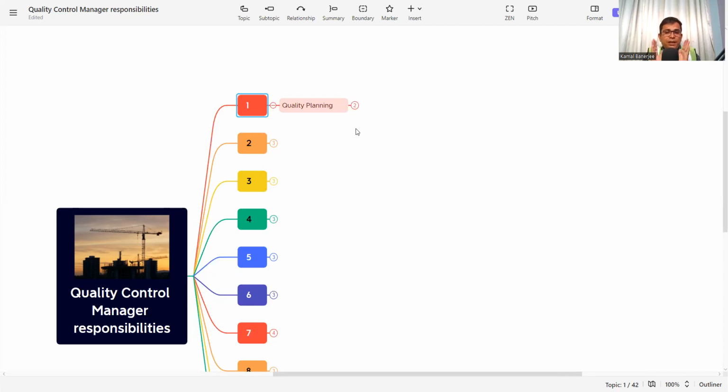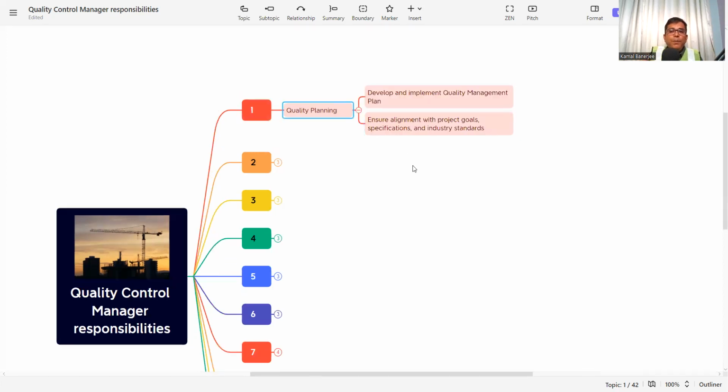This planning is the first thing that a quality control manager will do: how to deliver the project or how to inspect the product to deliver as per the requirement. So okay, develop and implement a quality management plan. Every site or every construction project is different, so unique. So the first thing a quality manager will do is develop and implement a quality management plan, ensuring the product will be delivered as per the client or the consultant requirement, and ensure alignment with project goals, specification,